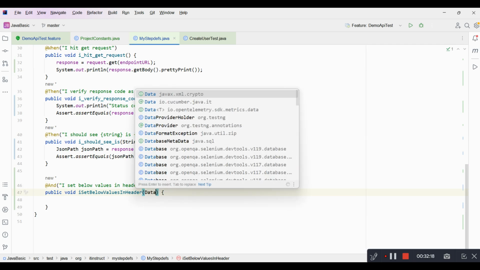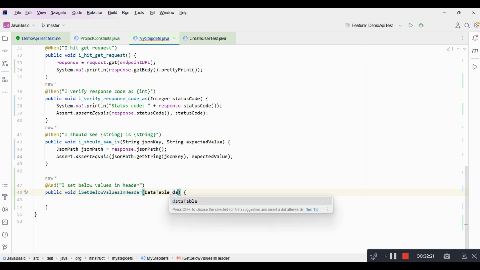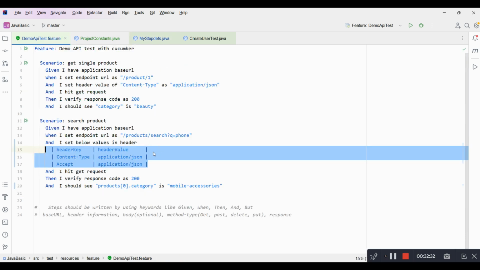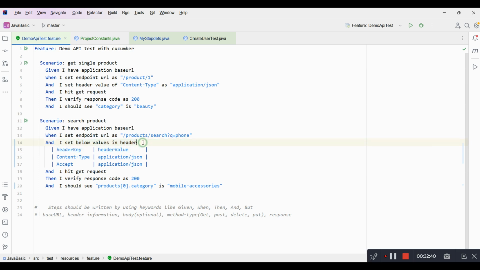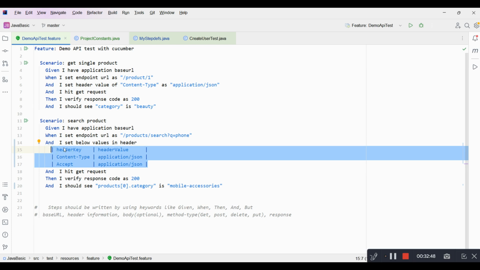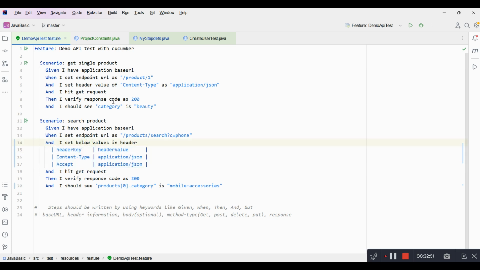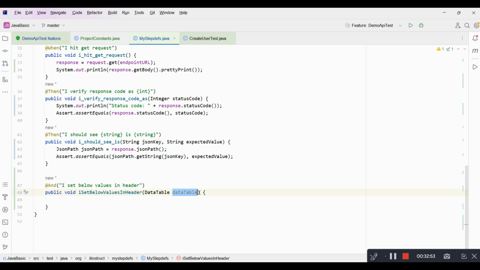So in your step definition, instead of the method signature, you have to say DataTable, let's say the reference name is dataTable itself. This data table reference is now going to hold the complete data table that you are using inside your Cucumber feature. Remember, guys, if you are associating any step definition with a data table, that data table implementation should be inside this particular step definition,